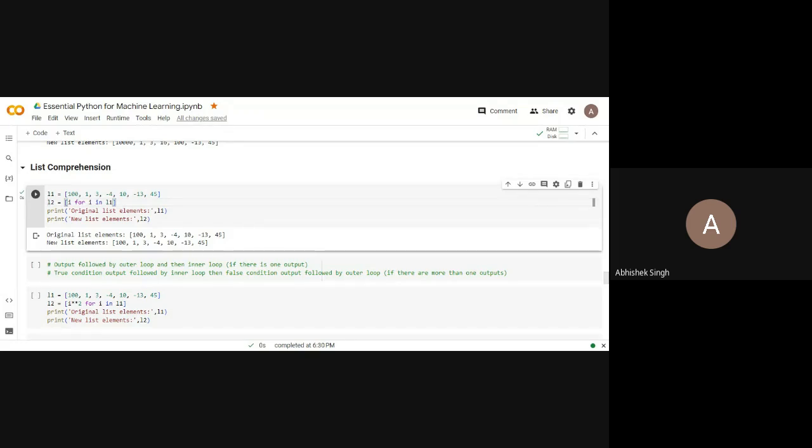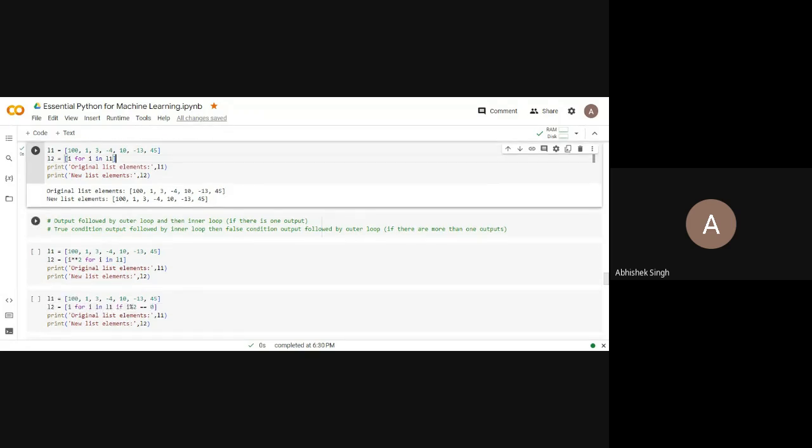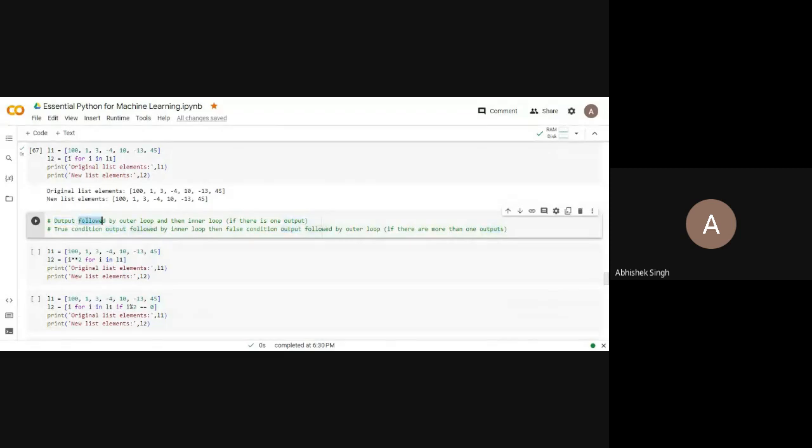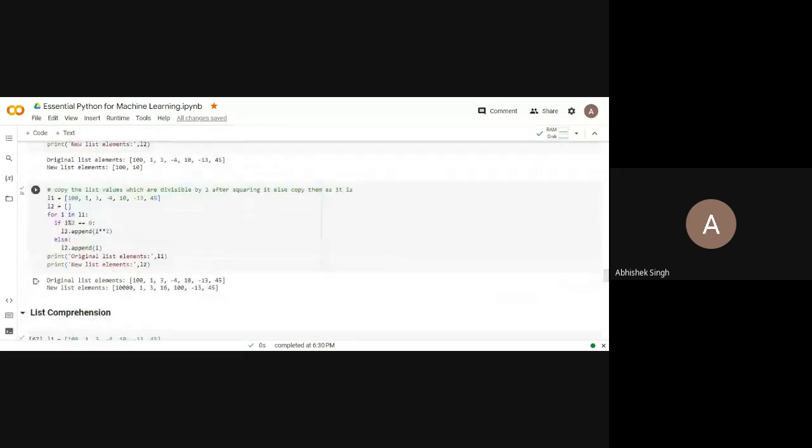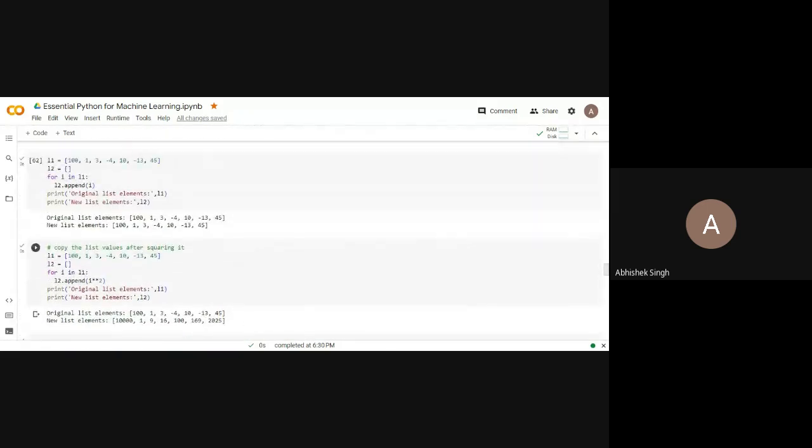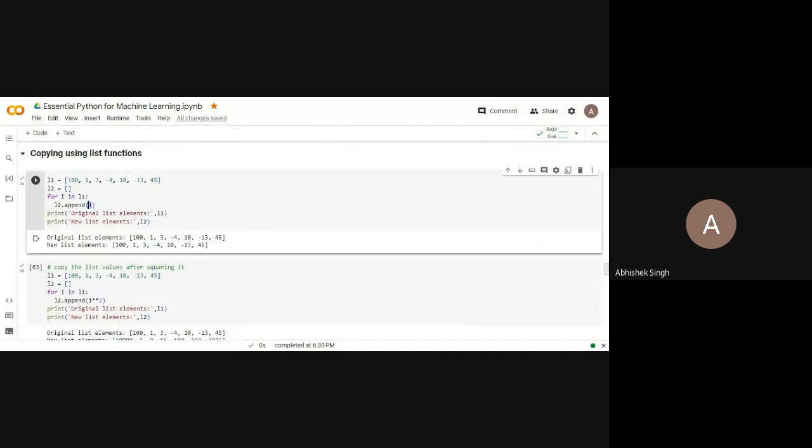So now how to write this thing? So I have written a trick here. It will help you to understand the thing. You have to write like this: output followed by outer loop, then inner loop, if there is one output. So in this case, here is one output, I. So I am saying write output followed by outer loop.